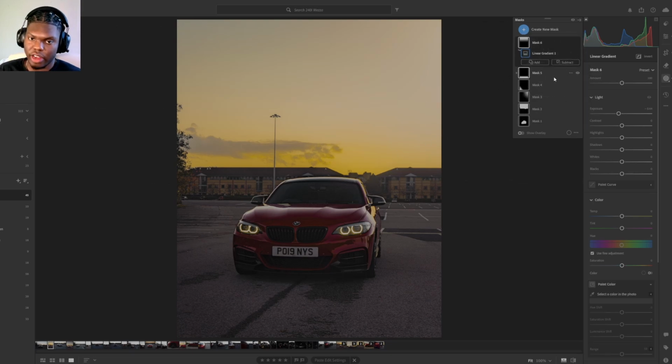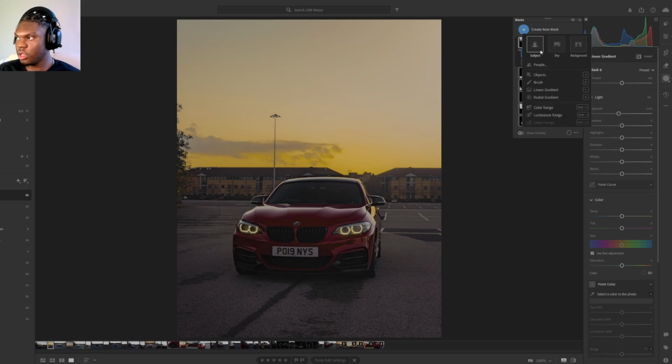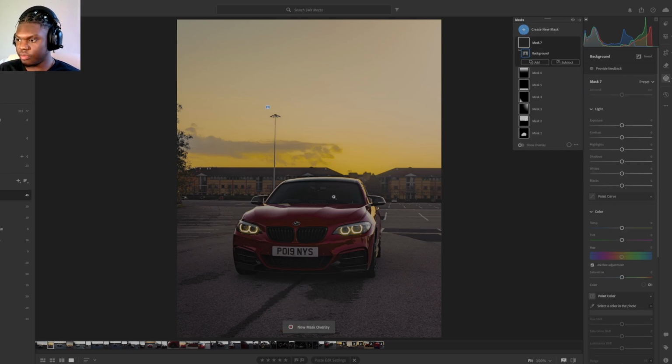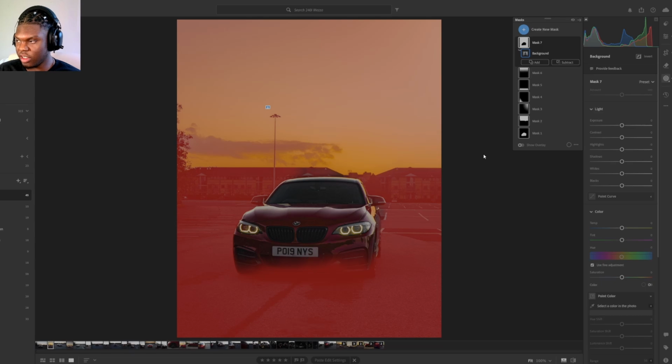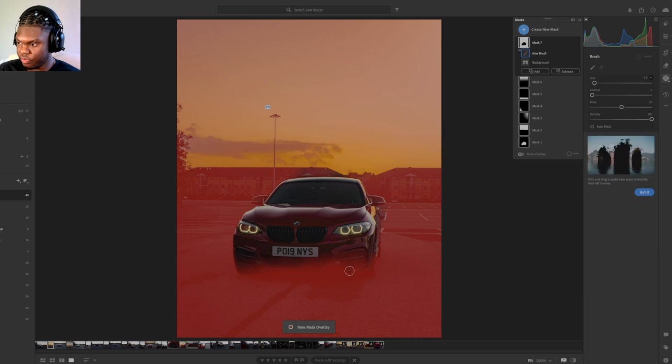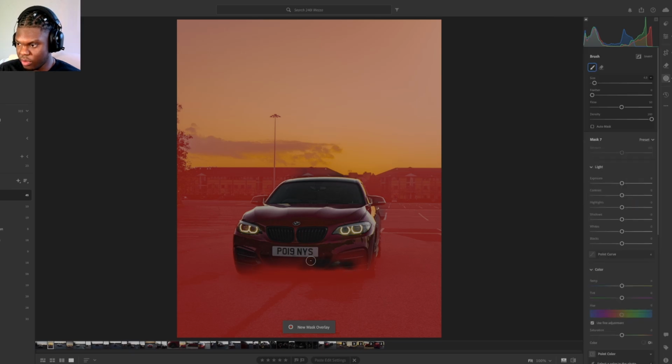And then you can add a radial gradient as well around the vehicle, but I'm going to do that shortly. First, I'm going to do a background select. I see it selected the background, but it's selected part of the vehicle as well. So I'm going to subtract by using a brush, and then I can just paint out what I don't want